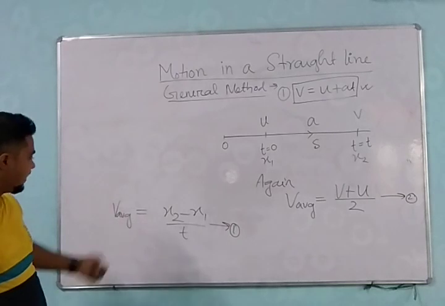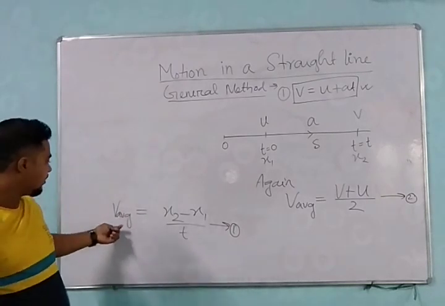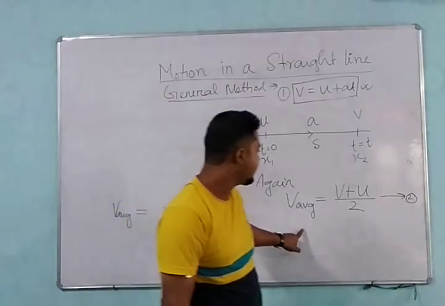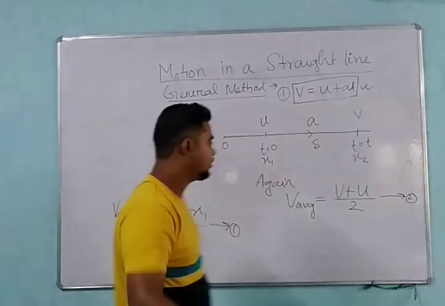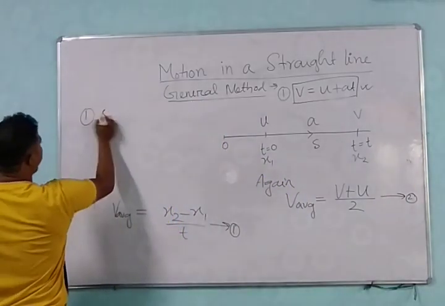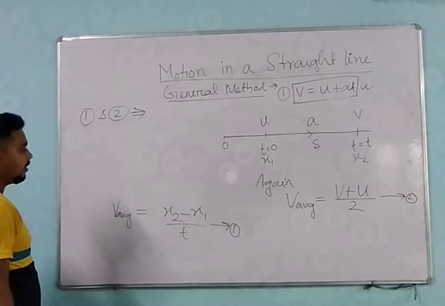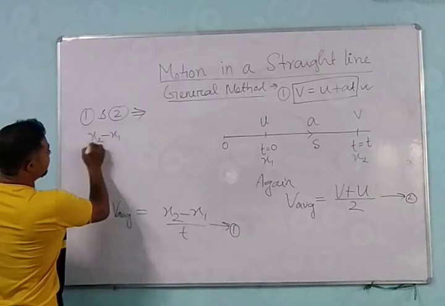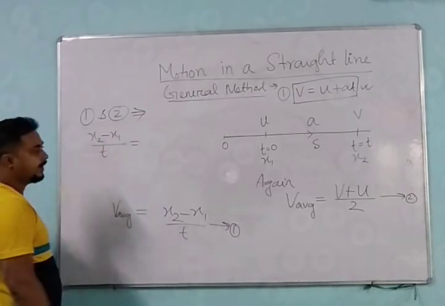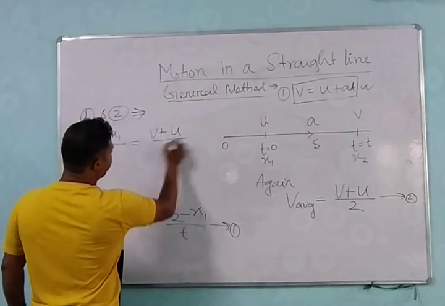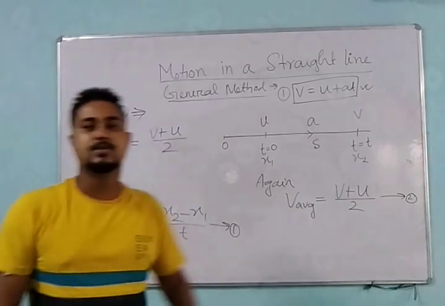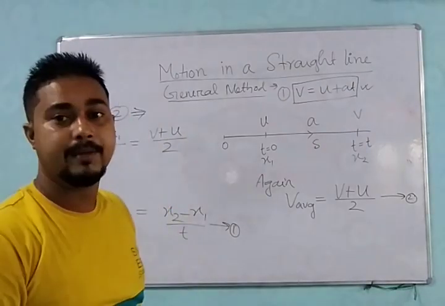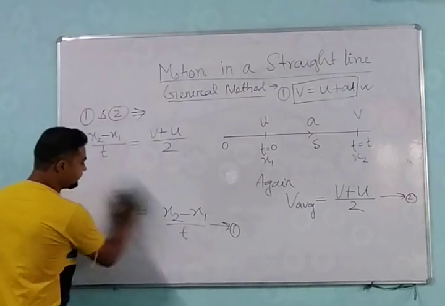So now see, from the first equation we have got v average is equal to x2 minus x1 by t, and from the second equation we have got v average is equal to v plus u divided by 2. So from equation 1 and 2 we can write x2 minus x1 divided by t must be equal to v plus u by 2. From these two equations we can write this statement. Okay, so let us